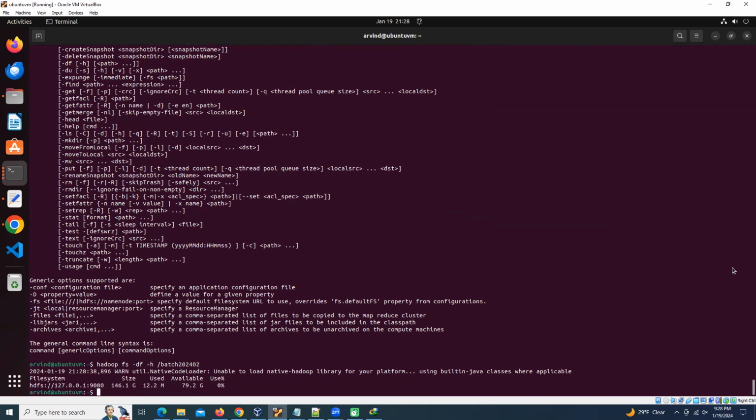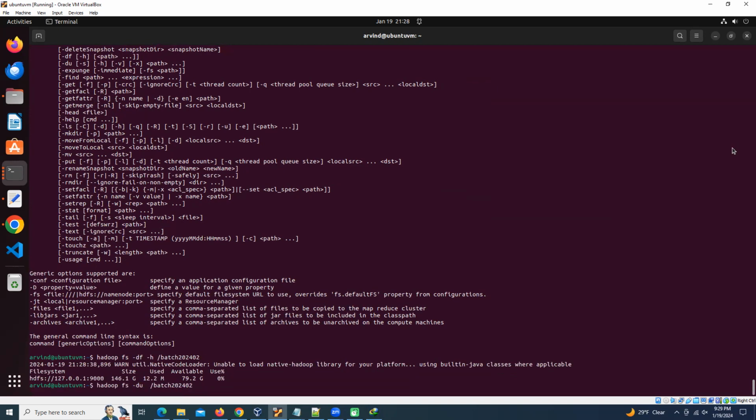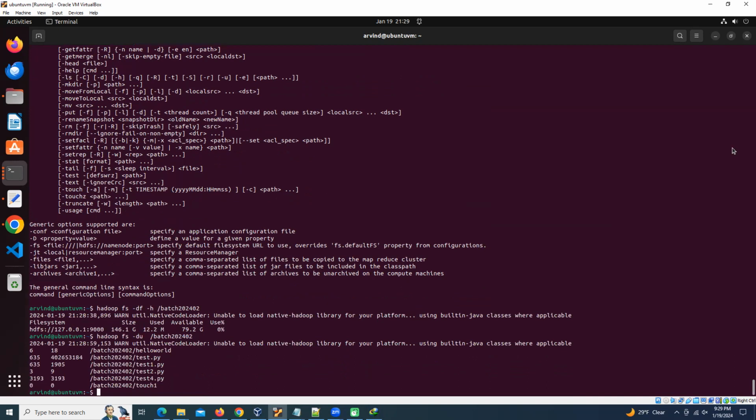Directory. So it is showing me the total size and how much is available. So this is the df command. The du command is for the file count. So there are two commands, du and dus. If you do the du command, it will be showing